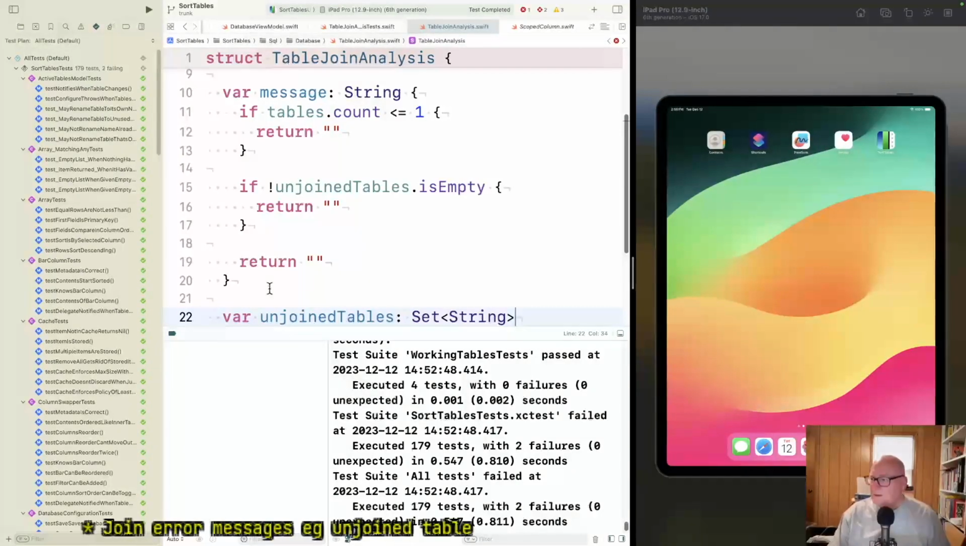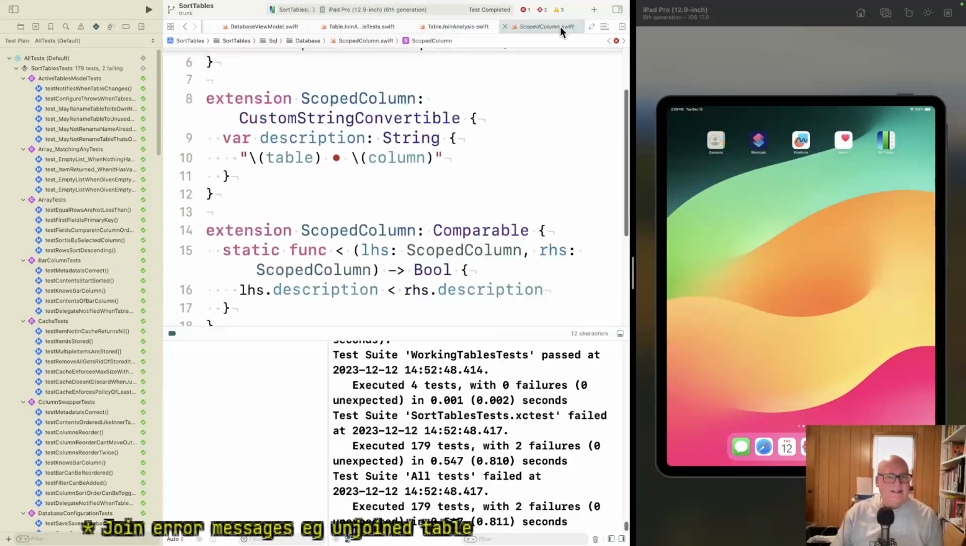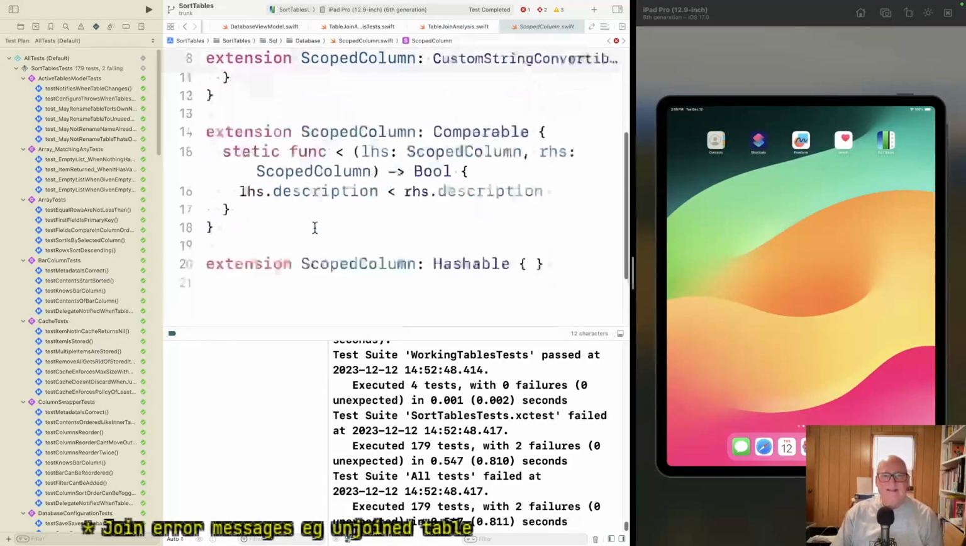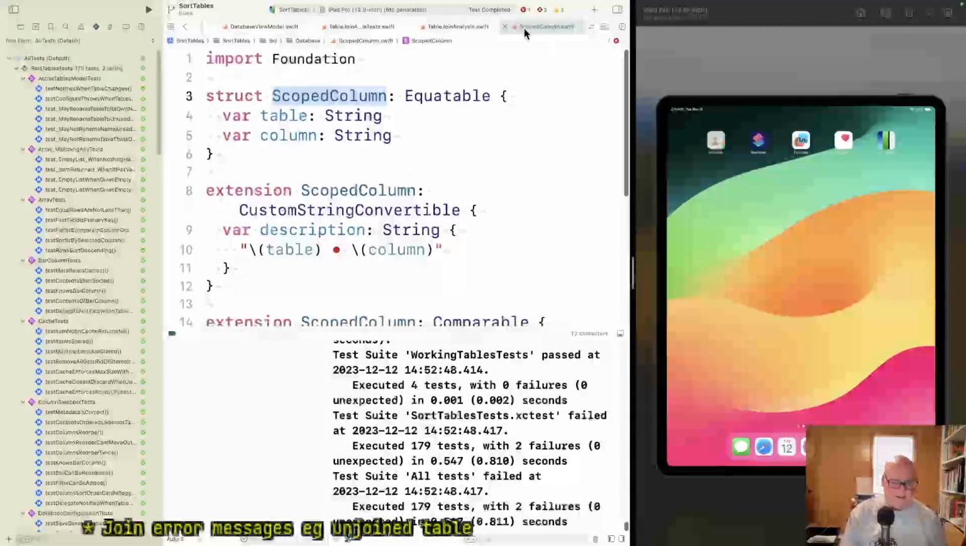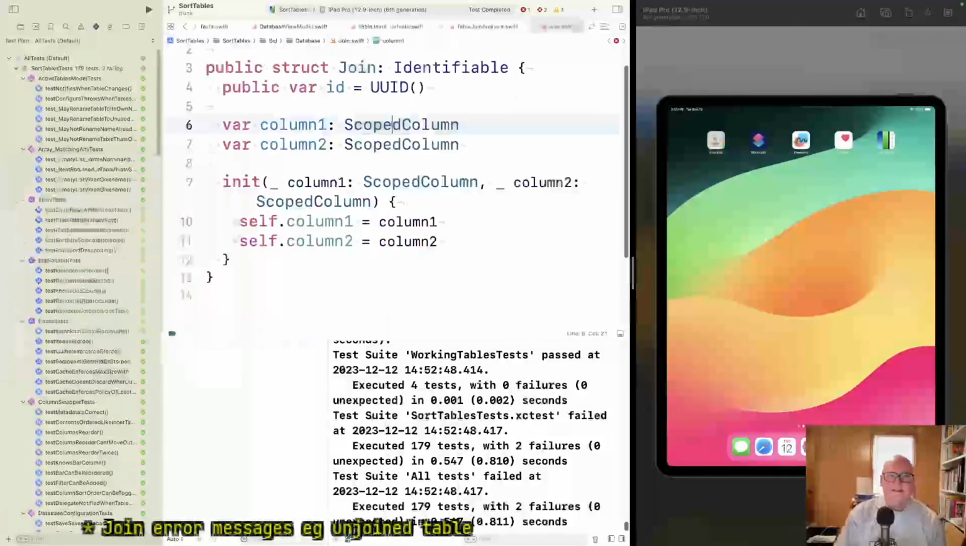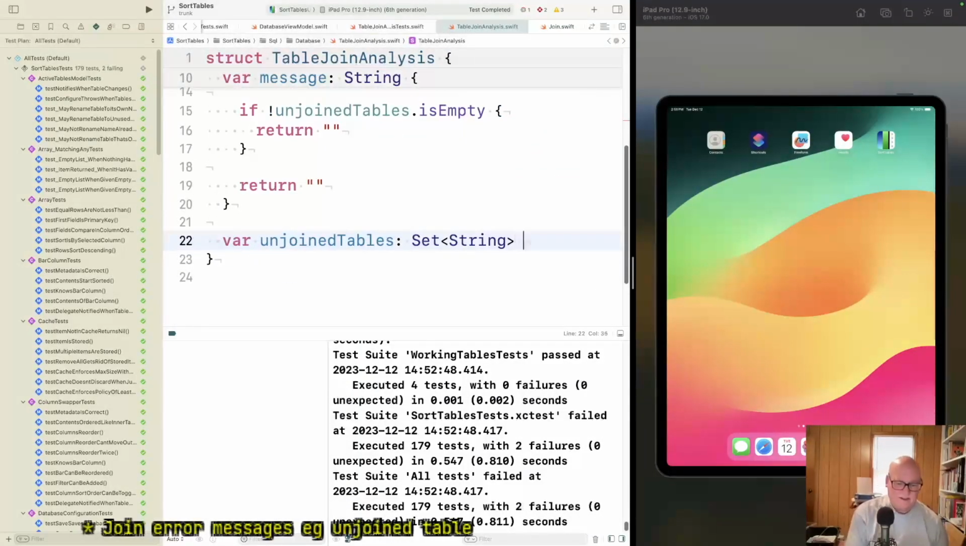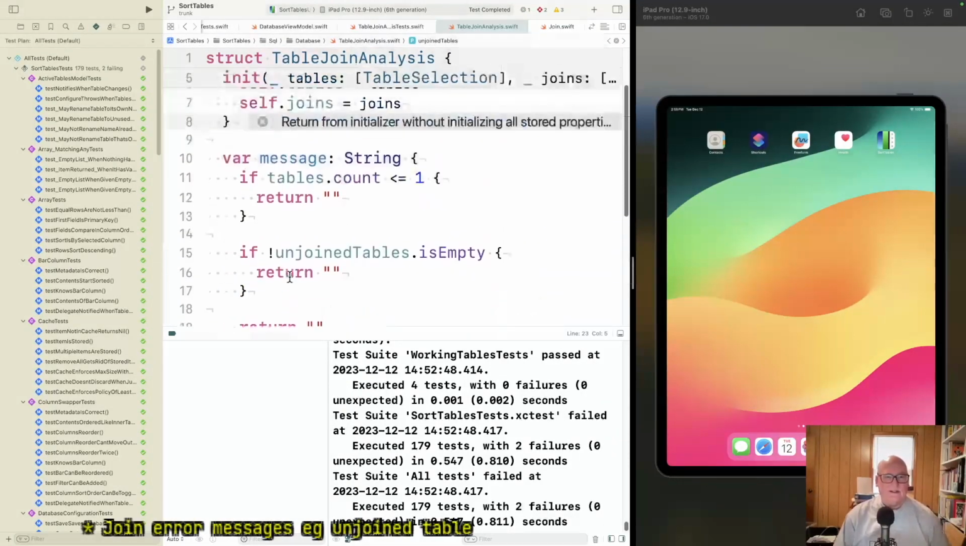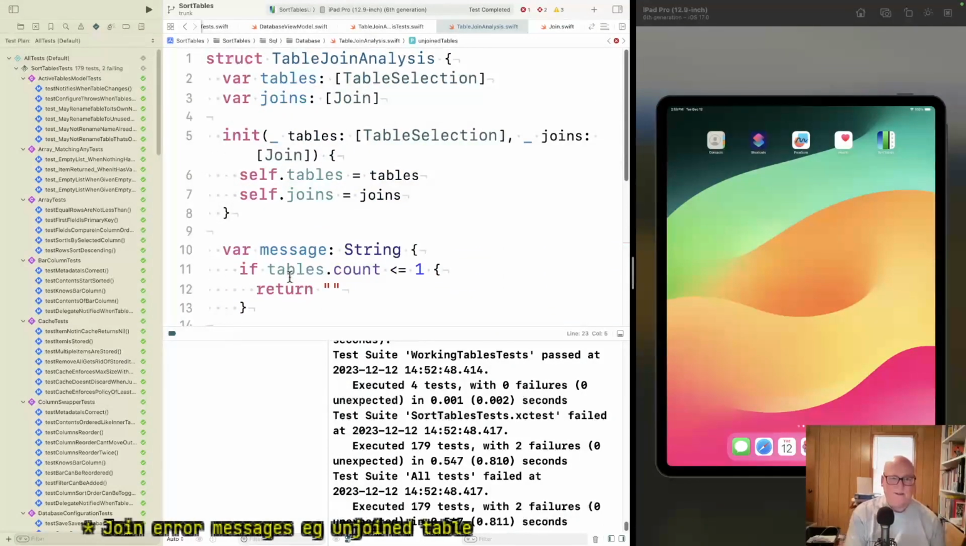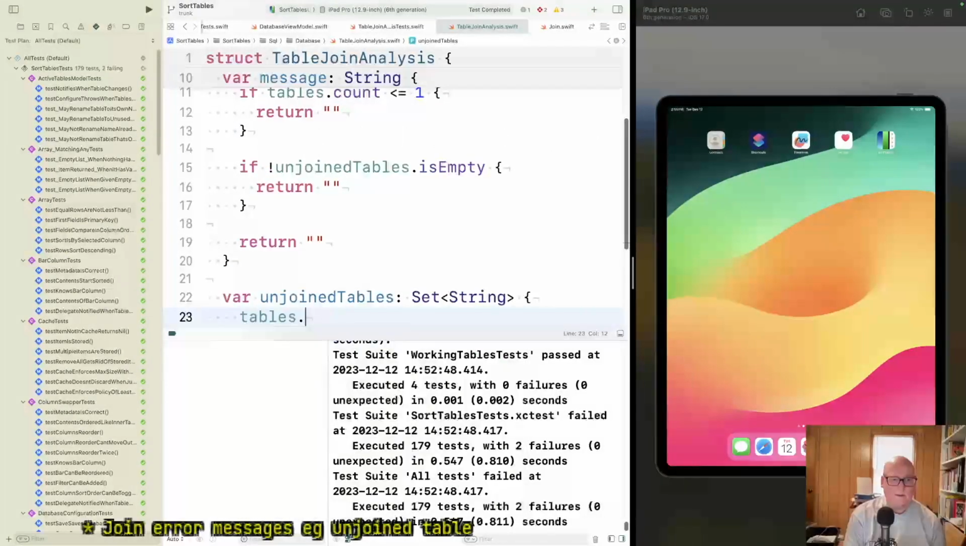Yeah, I'm trying to remember that. I thought we did that, but join is pretty simple, right? Because it's just scoped column and join itself, and neither of those has what we want, but we'll give it to them. All right. So the unjoined tables is take the tables. Tables, and then we're going to map them